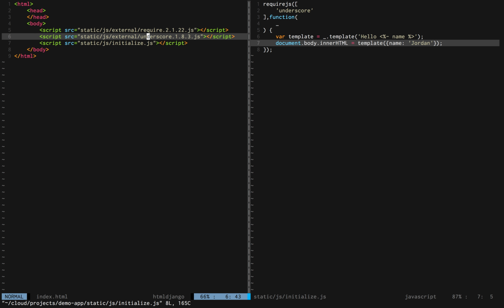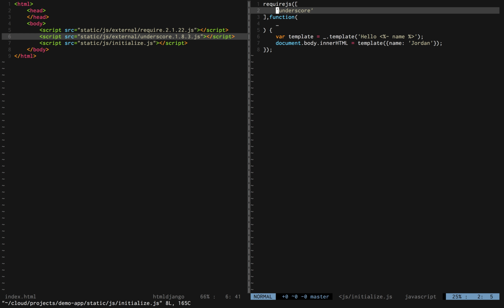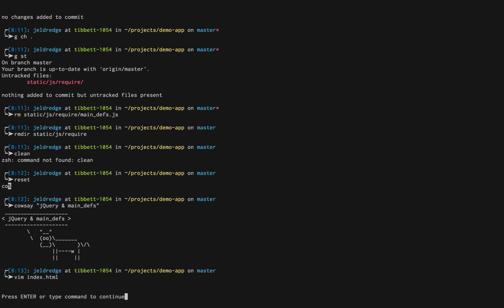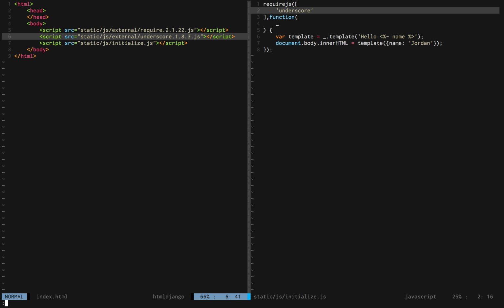So instead we use main defs, which basically provides a mapping so that when require.js goes and looks for this underscore name, it knows where to find it without having to have this script tag in every single file. So let's go ahead and create our version of main defs, and we'll mirror what we have in fan management. First we're going to create a directory, static.js require, and this is where all our require.js type things are going to live. And then we'll create a new file,